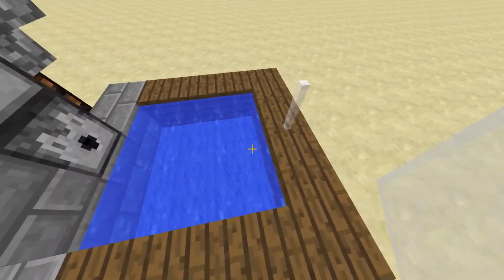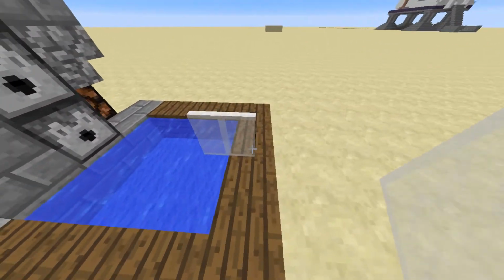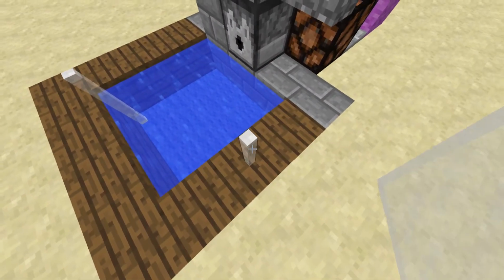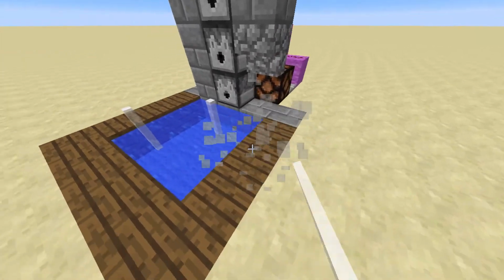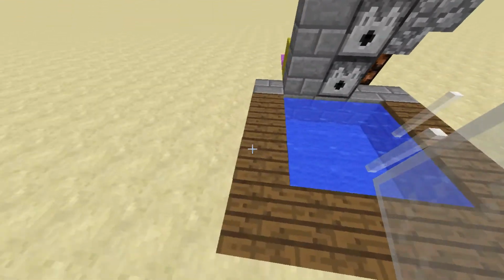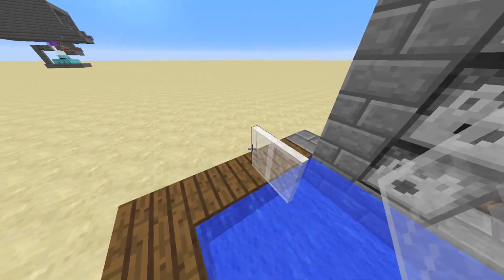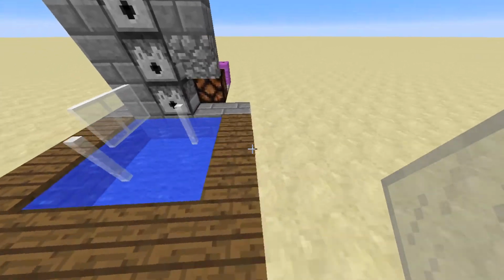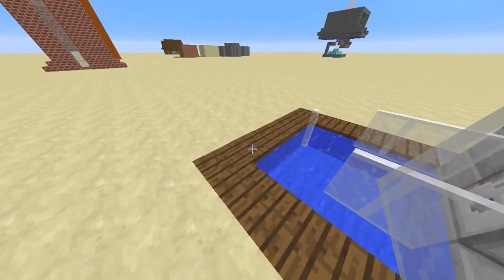but then we've got to come around the side, stick it so it comes over the water, and delete that first one. Then same at the side here, put a glass pane there, stick it so it comes over the water, and delete that first one. Then a glass pane here, stick it so it comes over the water, and block it off there. Then we're going to connect that to there. That's going to connect to there,